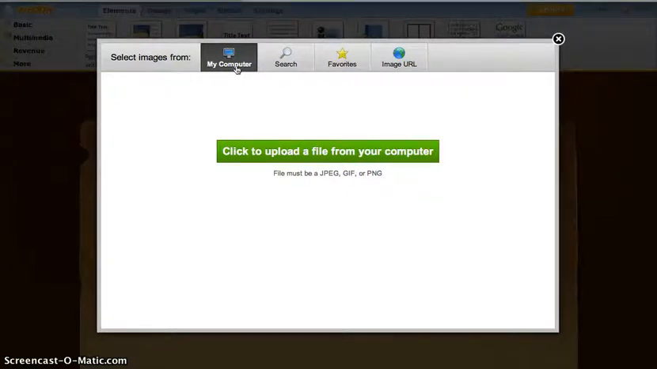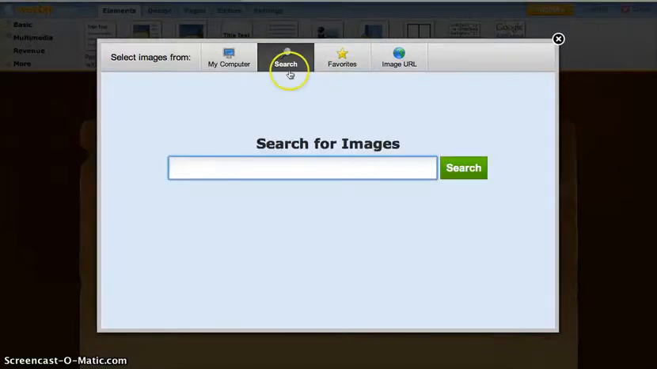you want. So you can pick them from my computer, your computer. You can also search Weebly, which they have some pretty good pictures, but some of them aren't that great. You can also use the favorites from your search, or find an image online and copy and paste the URL. Right now I'm going to search,